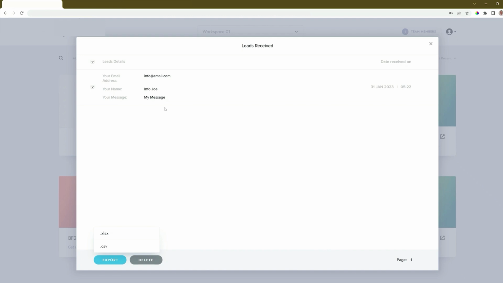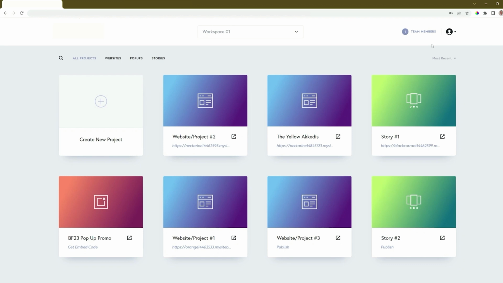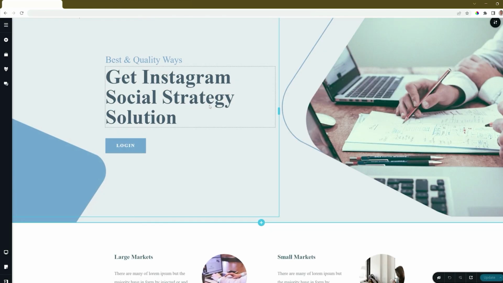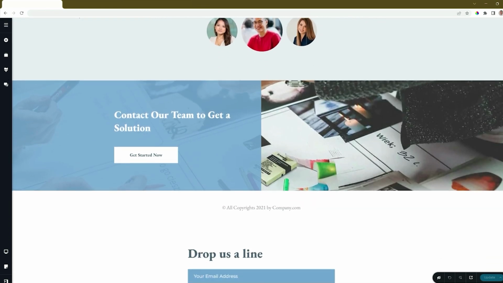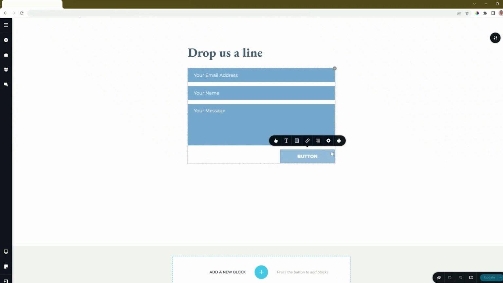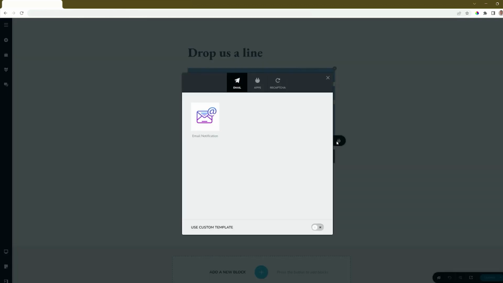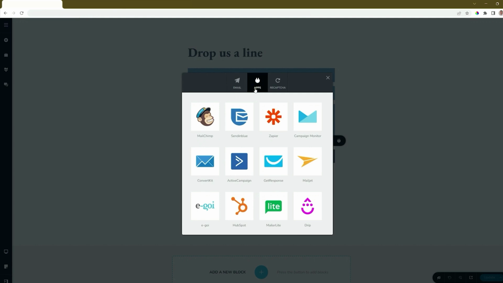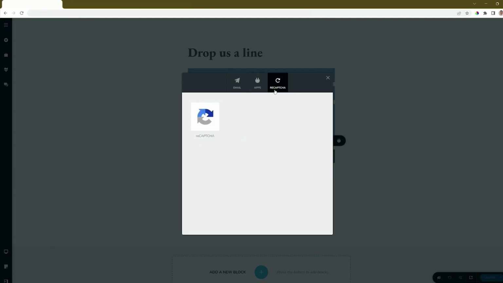But what if you have a distribution mailer integration, or you want to set it up also so that you can receive it within your email as a notification? To do that, we go back into the project. Go to our form, select the button, and then integrations. There are 3 integrations here and they work concurrently. The first one is a normal email notification. Second one are distribution list or mailer integration like MailChimp, MailerLite, Zapier,